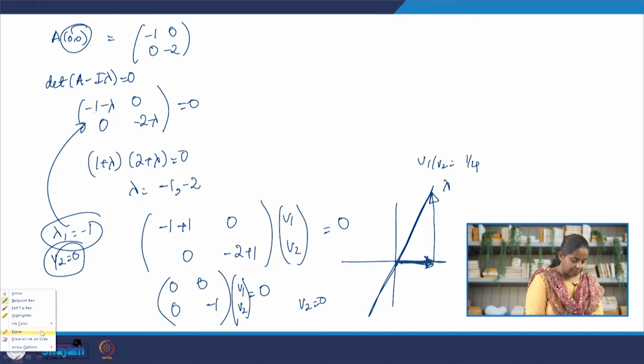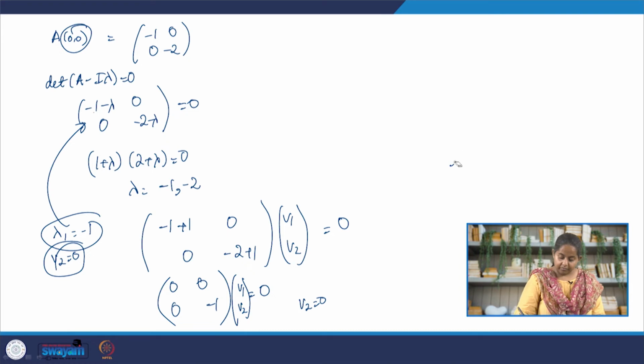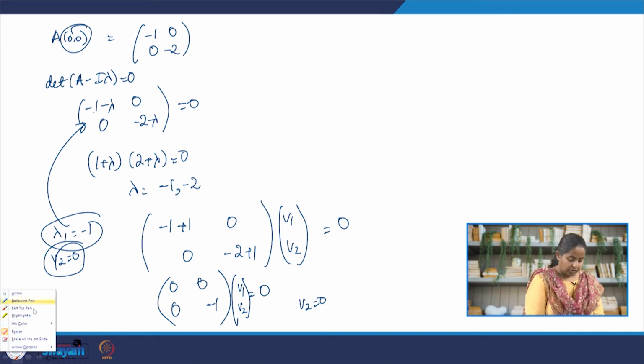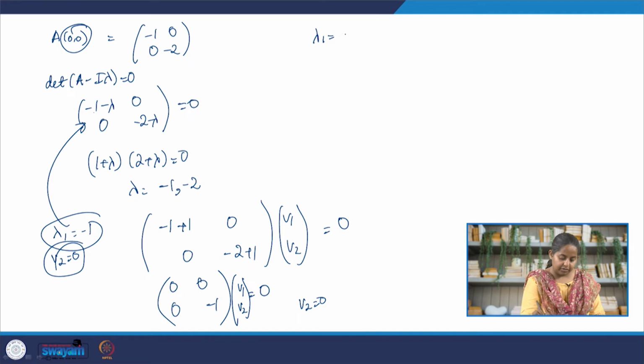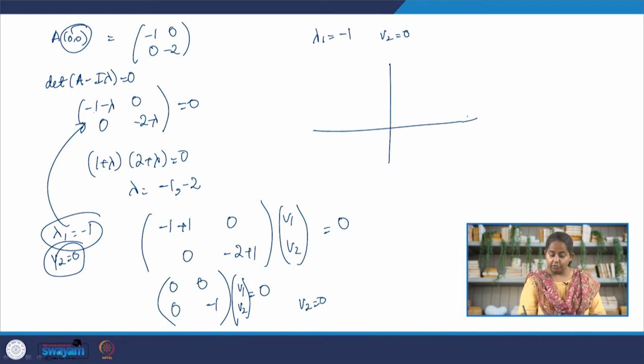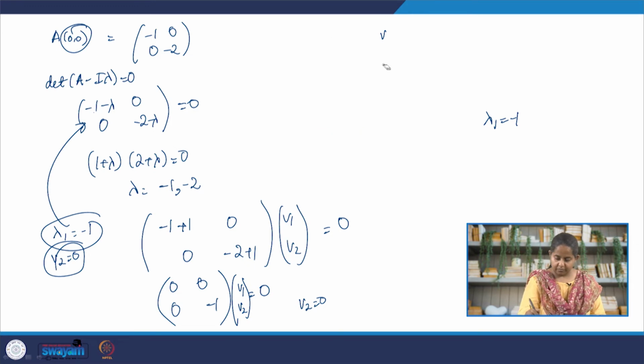Now, in this case, the eigenvector that we have gotten corresponding to eigenvalue -1 is v2 is equal to 0, which means no matter what my v1 is, whether it is 1, 2, 4, 10, my v2 is 0, which means corresponding to lambda 1 is equal to -1, my eigenvector is coincident with the x-axis. So, I will write this down here, coincident